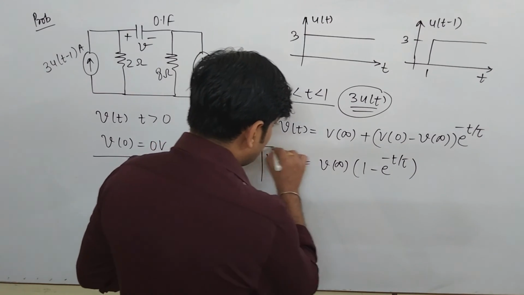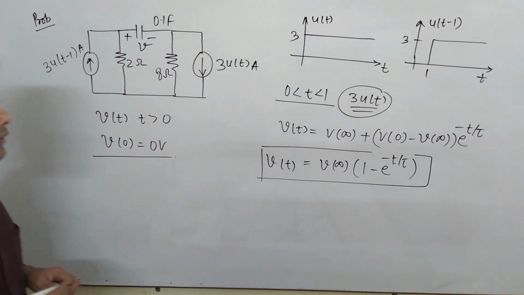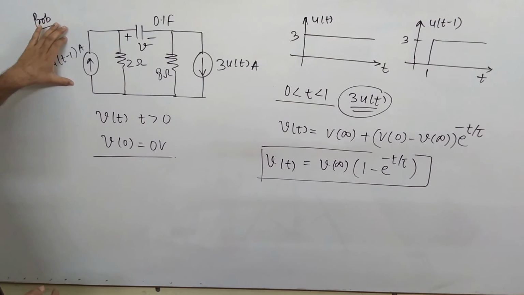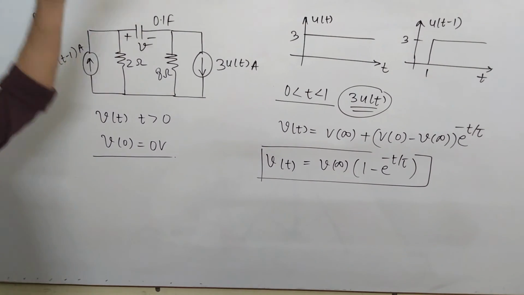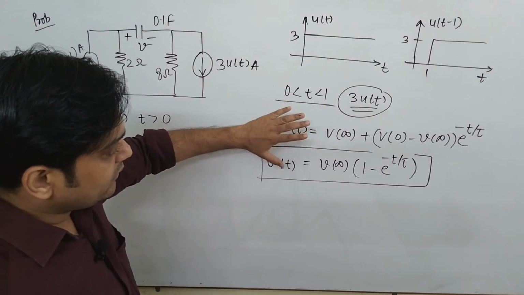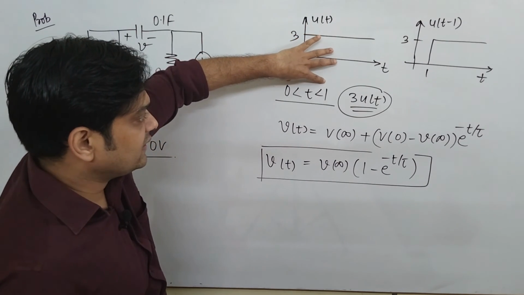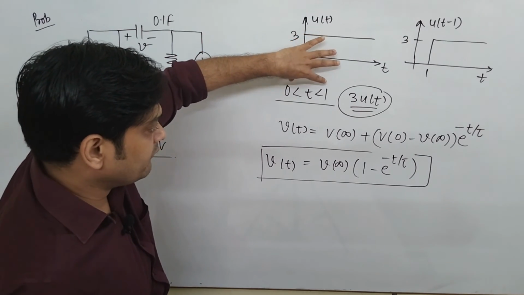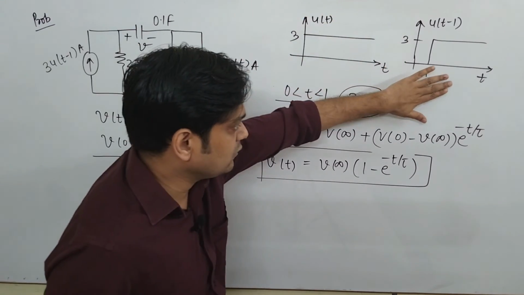Now your task is to find the value of V infinite. So for finding out the value of V infinite, the same concept is applicable here. You will draw the circuit at t equal to infinite. Please see, we have to find the value of V infinite. Now, as I said earlier, you have to consider V infinite as just an instant between 0 less than t less than 1. Why? Because we are simply applying the concept. So you have to just focus on the concept. Within this instant only one source is present. There is no significance of this source.